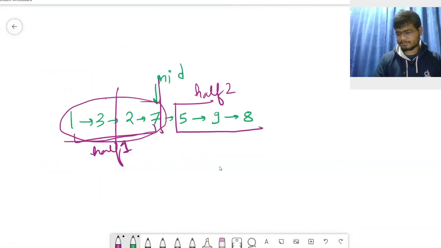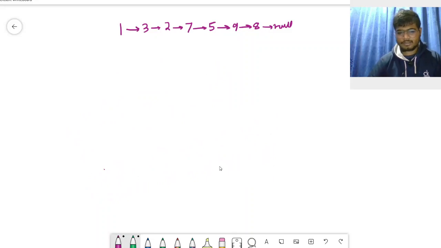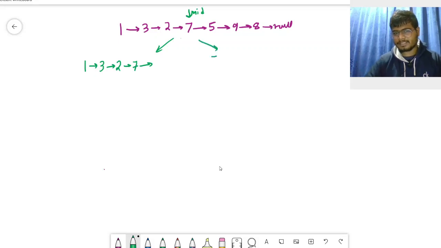Let's do the dry run on this answer. Okay, so let's take here 1 3 2 7 5 9 8. This is our question that we have got. We need to sort it. So first we will be taking a mid. What is the mid? 7 is the mid. So I calculated 7 and it got divided into two parts. That is, first half is going to contain 1 3 2 7, and what we did here, 5 9 8 and null,